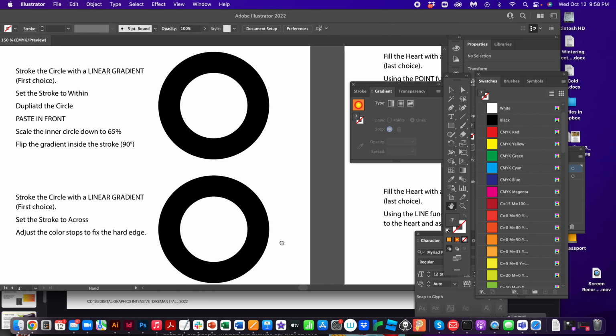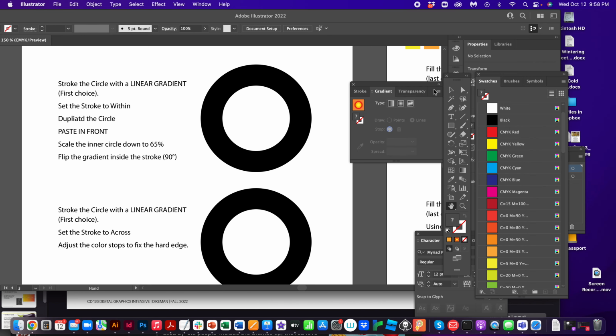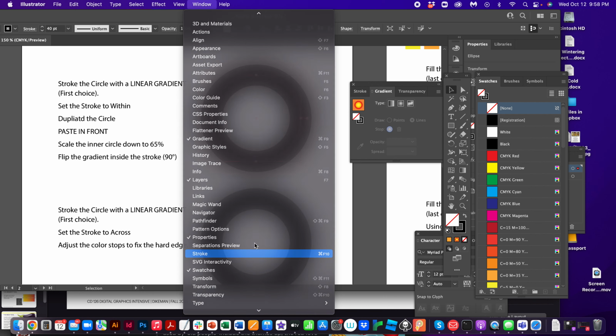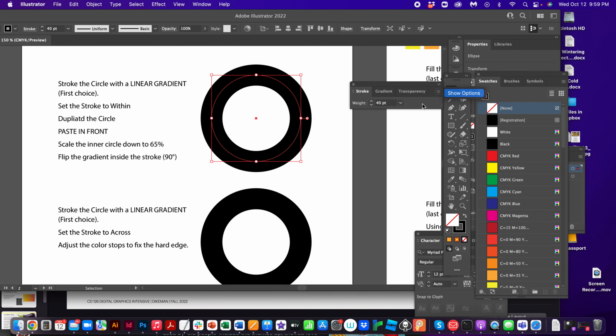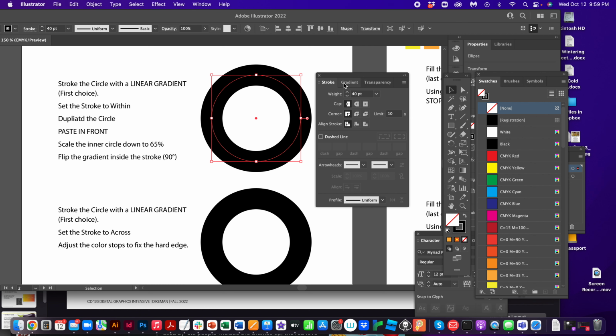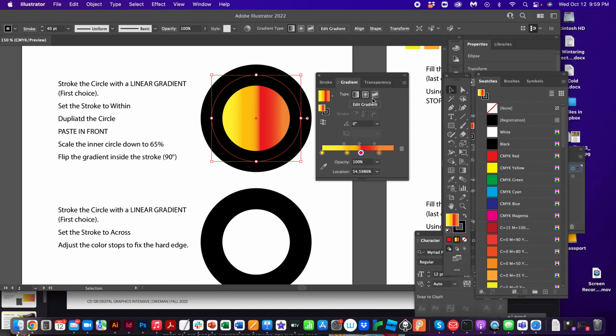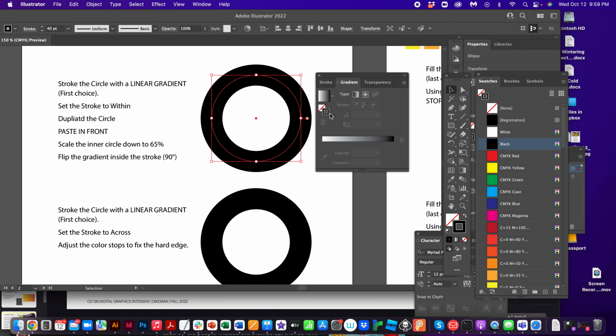And the last one I'll show you here, you can do gradients on strokes. This is a stroke. It's a very thick stroke. I think you can see that. If I go to my stroke menu, it's a 40-point stroke. Let me see the options. If I go to linear gradient, whoops, okay, don't make this mistake. This is filling, and I want it to stroke. So I'm going to undo. I want the stroke to be highlighted. Now I'm going to fill it